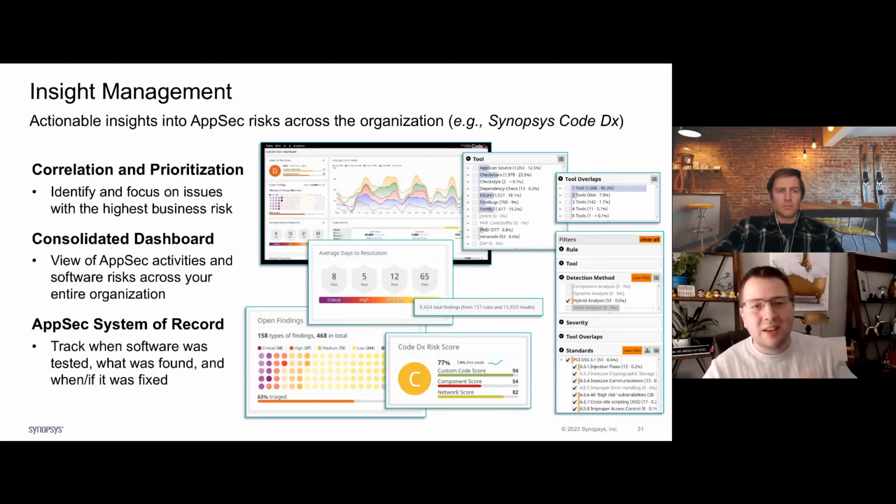We need to manage this insight better. That's a critical aspect of this, because more insight can be helpful if it's managed appropriately and also pared down for actionability. So we're going to add this insight management to this new iteration of our security program. And we're going to manage all the insight that we get from those various tests and tools with an insight management tool that's going to normalize and correlate findings. Those are two very important aspects here. It's not just collecting data, but we're correlating it as well,